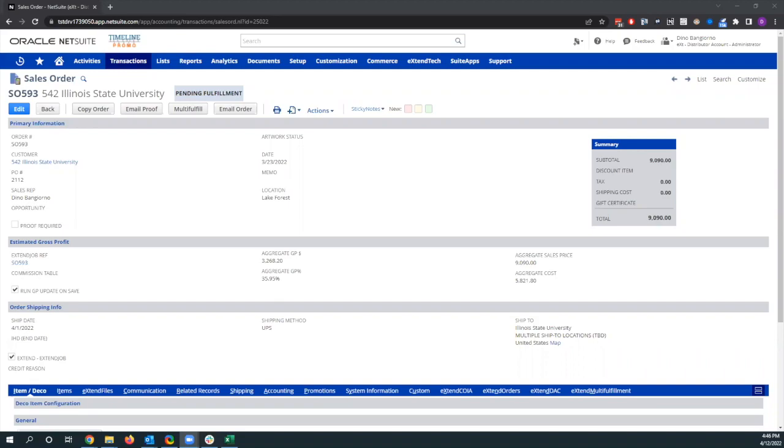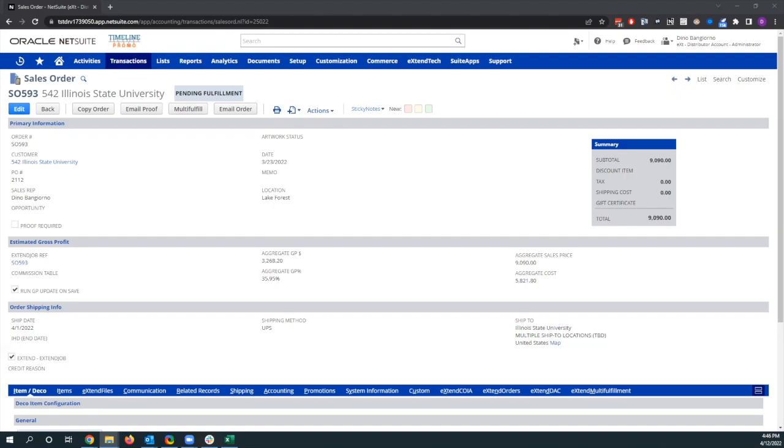The Extend Multifulfillment solution can facilitate the management of multiple ship-to orders in a more streamlined fashion, enabling you to go to production, manufacturing, kitting, prior to knowing all of the ship-to addresses as you wait to get that list from your client. In this use case example, I'm going to present the upload spreadsheet method of breaking out those